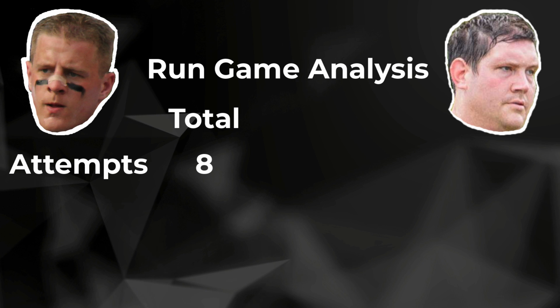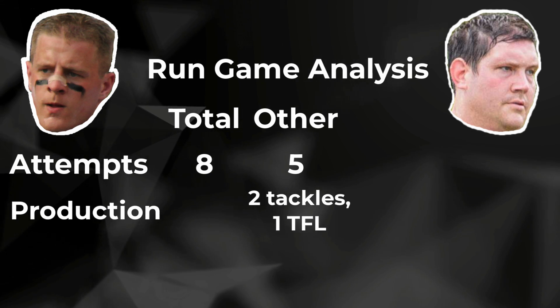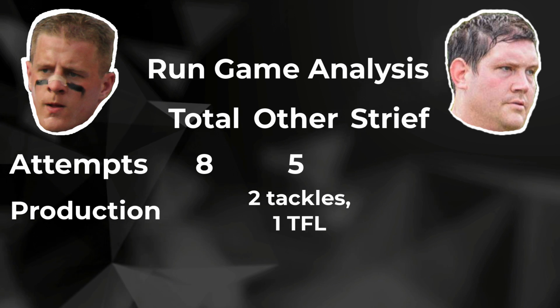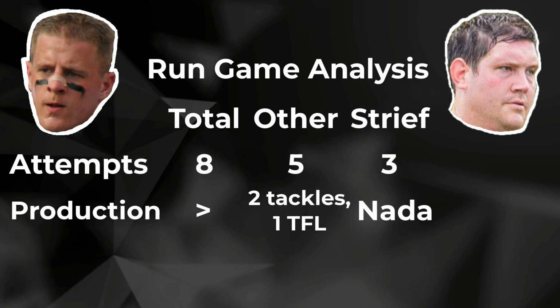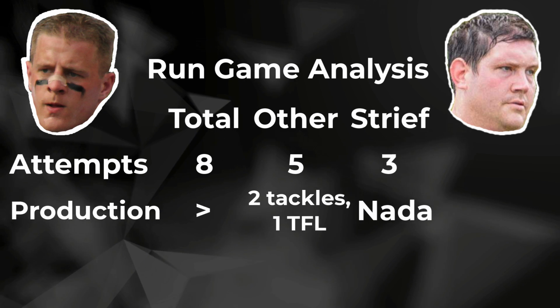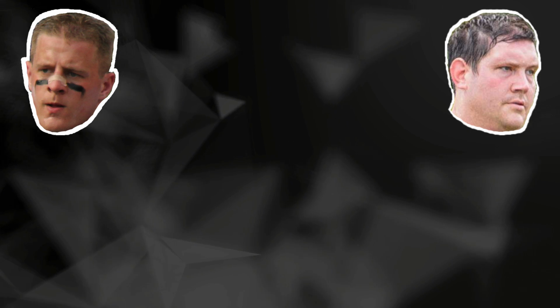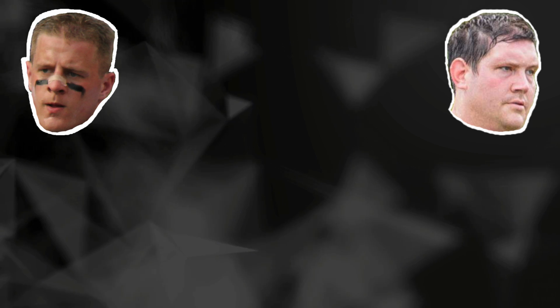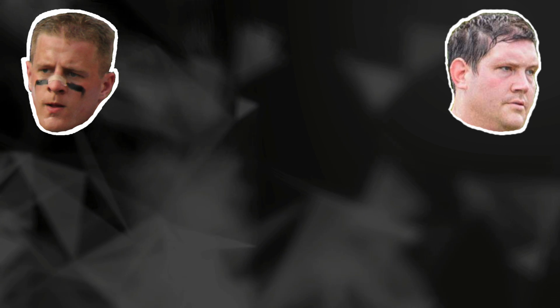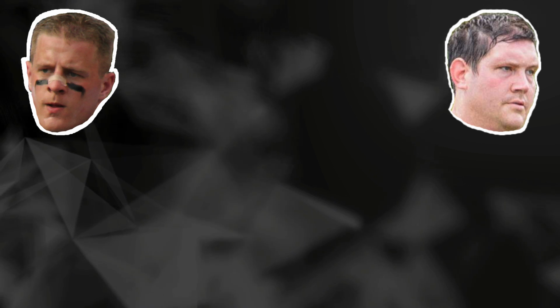And so while he did good in his 5 reps against other defenders, getting 2 tackles, one of which was for a loss, he got washed out on some of the plays by Strief, who was able to sort of manhandle him. And so with all those things considered, let's finally get to my verdict of who won this matchup. This is hands down the closest matchup I've made a video on so far, and I could really see the argument for both sides. However, I think that the winner is